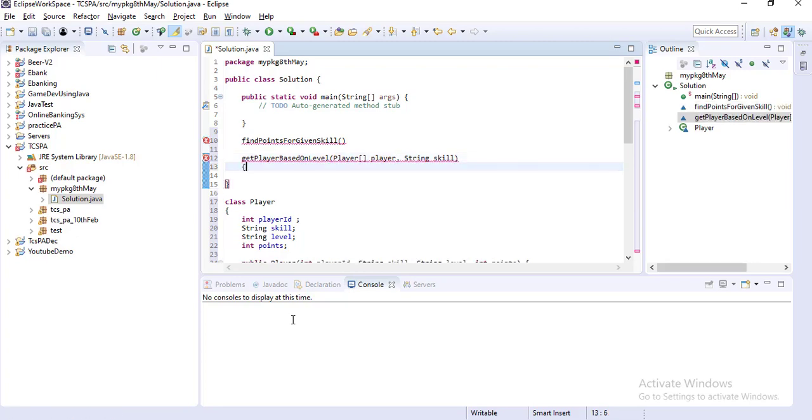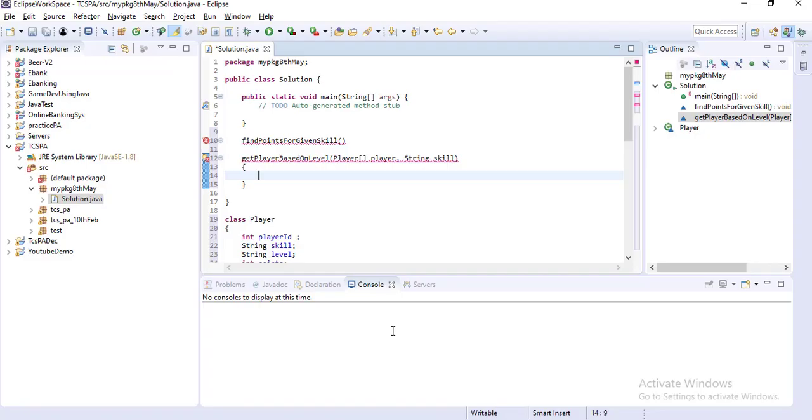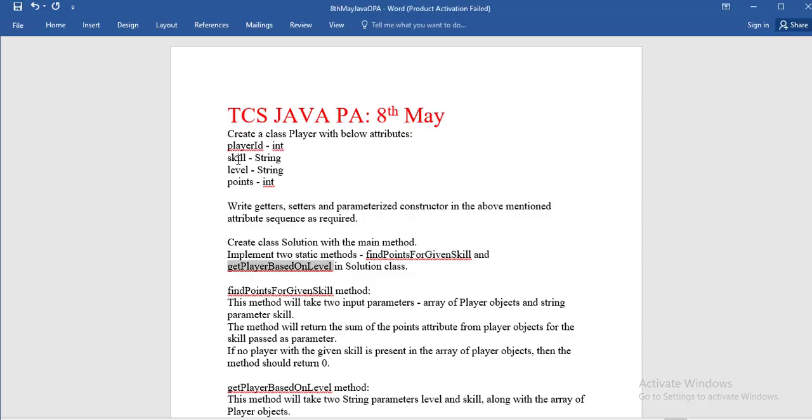This method will return, as you can see here in the Solution class, the sum of the points attribute. It's a public static method. No, I guess this is the second method.